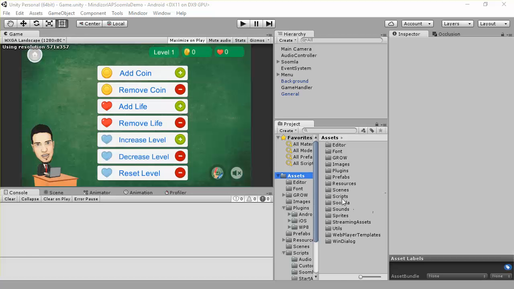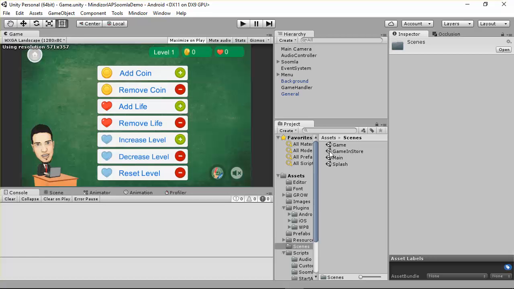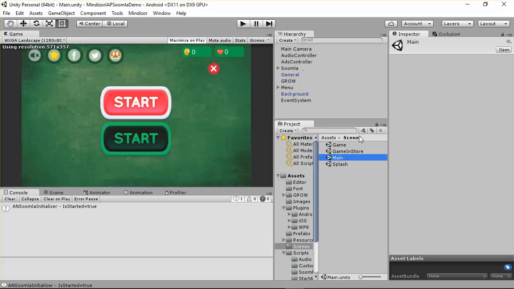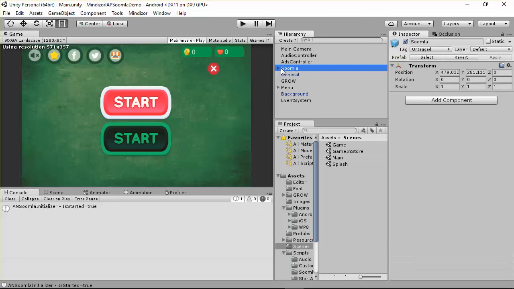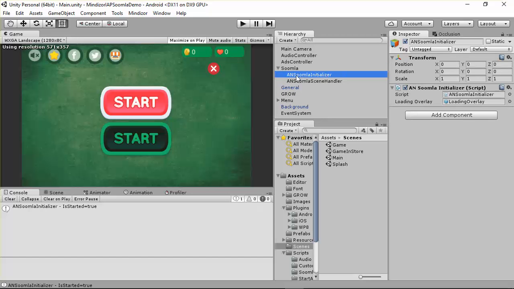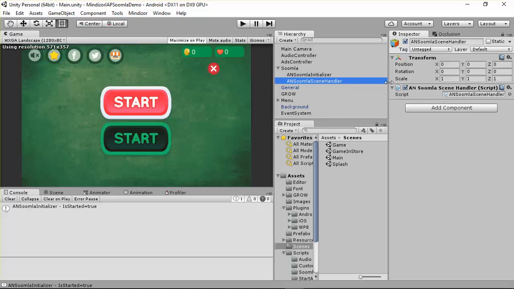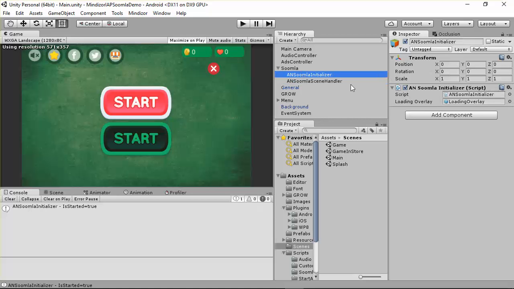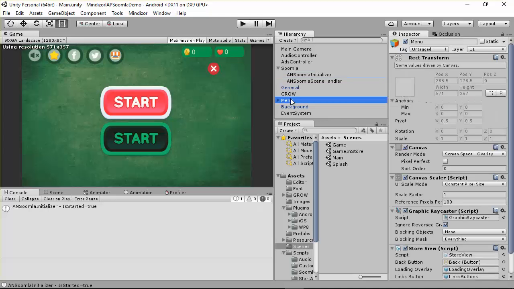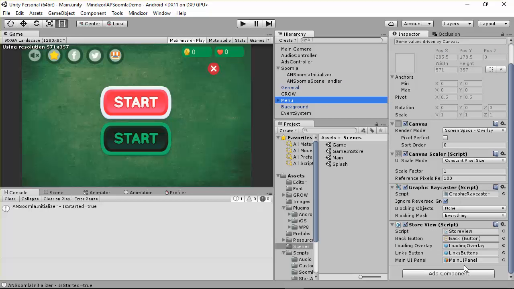If you go to any of the scenes right now, and let's go, for example, to the main scene, we have something called Soomla. Inside Soomla, we have something called Soomla Initializer and another thing called Soomla Scene Handler. But before I talk about Soomla Scene Handler and Soomla Initializer, and before I talk about something called the story